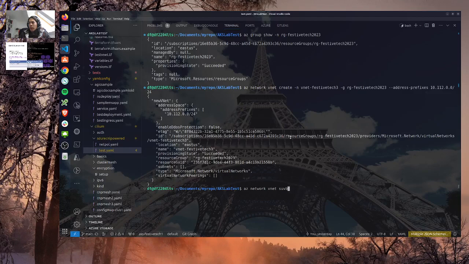It's not working because I mistyped that. Name sub-aks, with address prefix 10.112.0.0/26. We need to specify the VNet name, and that would be this one.